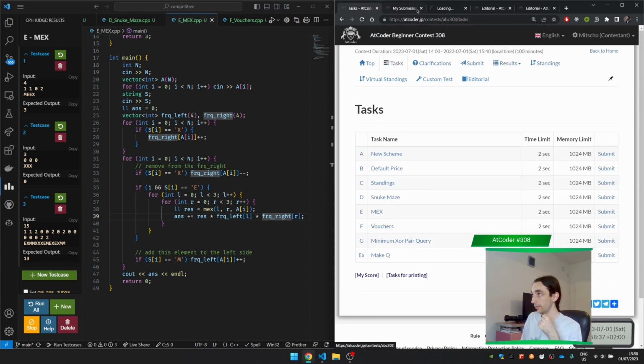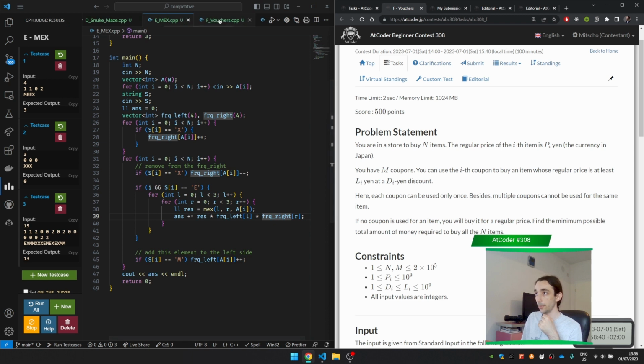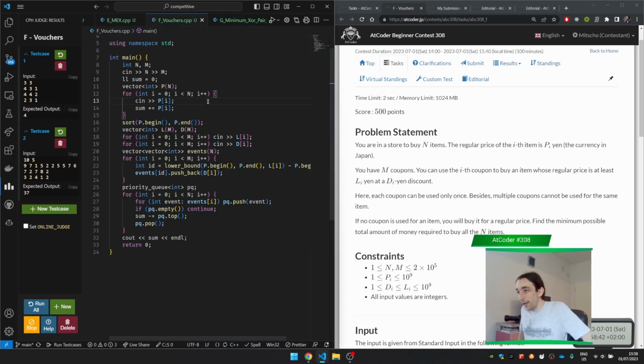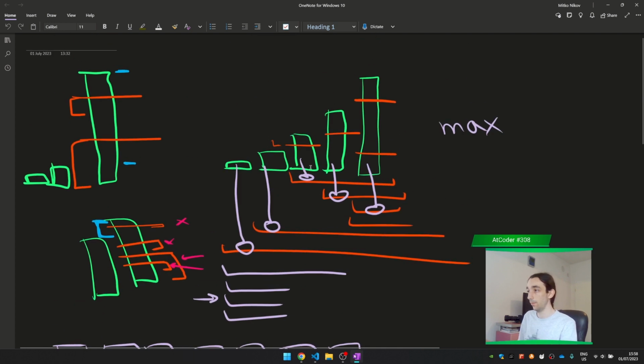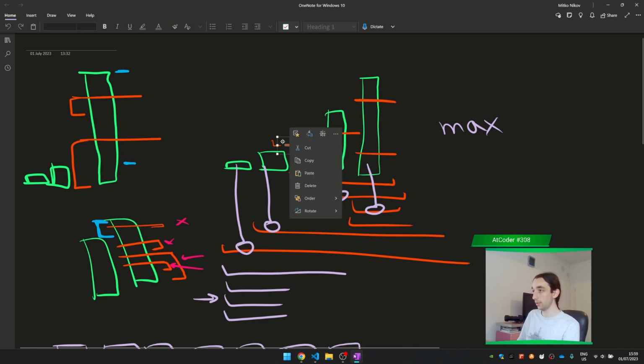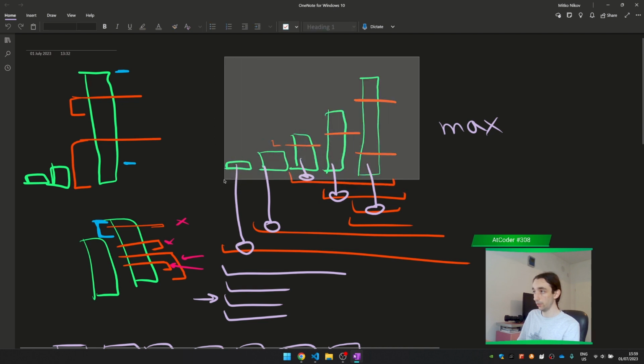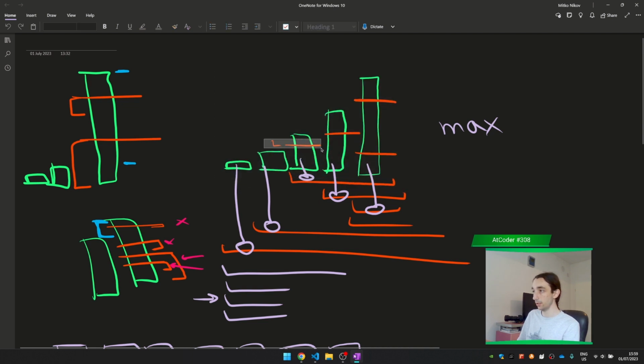A very cool problem. F is also a really cool problem, in the sense that you had to see it in a certain way. I don't know if you had to, but I saw it as an interval thing. I'll explain how I saw that. If I sort all of the prices, and I have some L that says prices above this point can use this coupon,